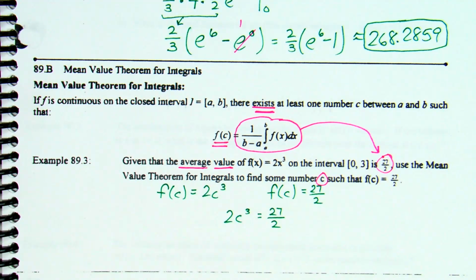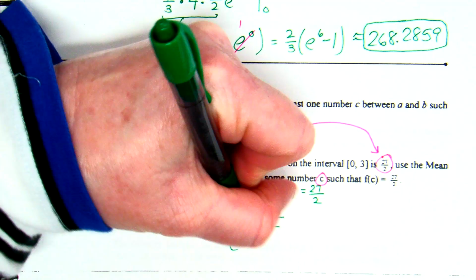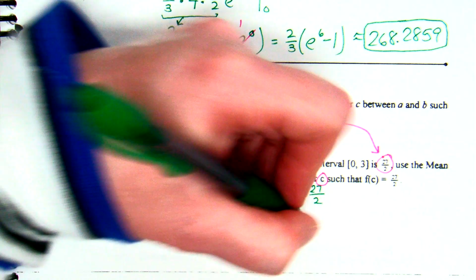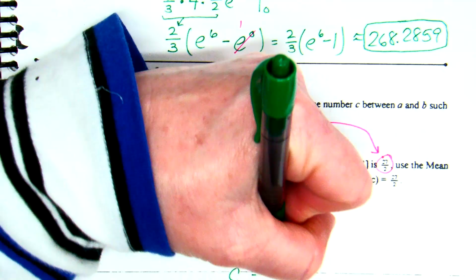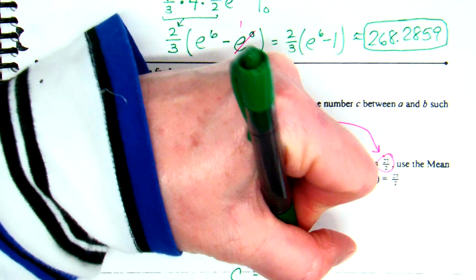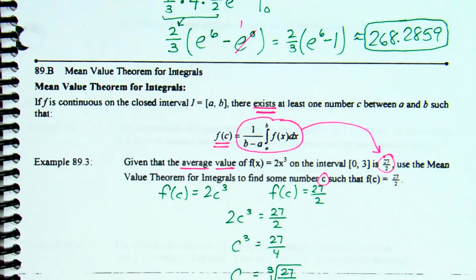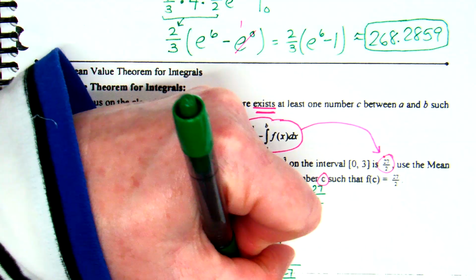How do I solve for c? Okay, divide by 2, take the cube root. When I divide by 2, that's also multiplying by 1/2. So this becomes 27/4, if you will. When we take the cube root, c is the cube root of 27/4. I can do the cube root of 27. Can't do the cube root of the 4, though. And I have a decimal answer,